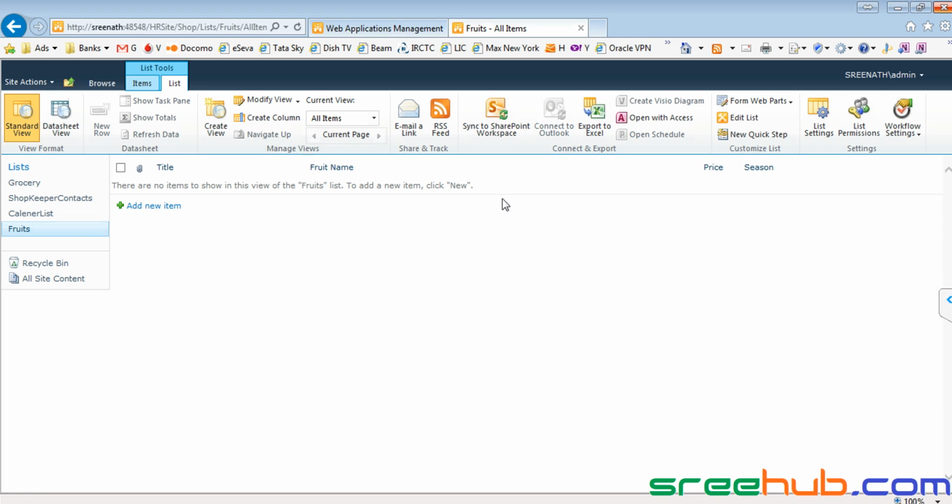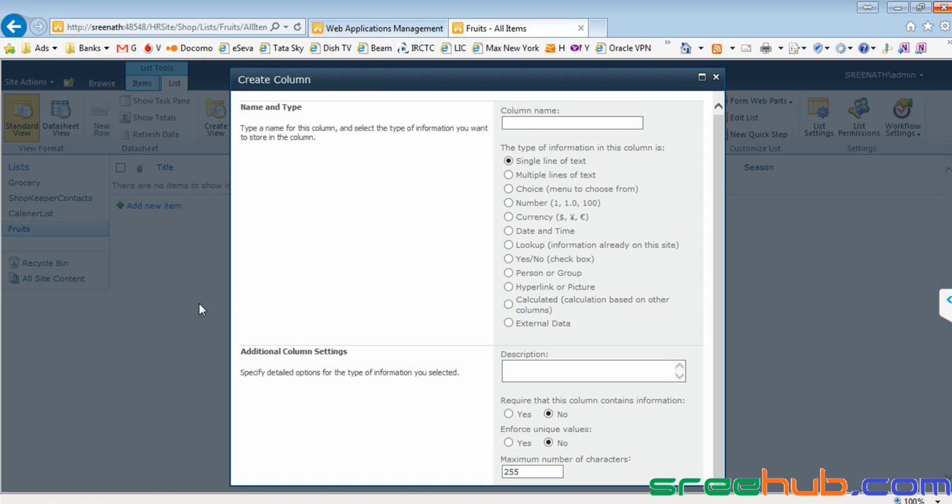Now this is ready. So here let us add some more columns, which is usage type. Usage is again nothing but, let me take an example, like a fruit which you are buying for household, or a fruit you are buying to take to office, you can pack it up, fruits pack, and you can take it off. So those types, let us take it as a usage, and let me give a single line text.